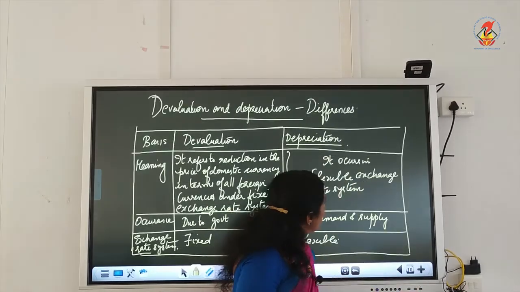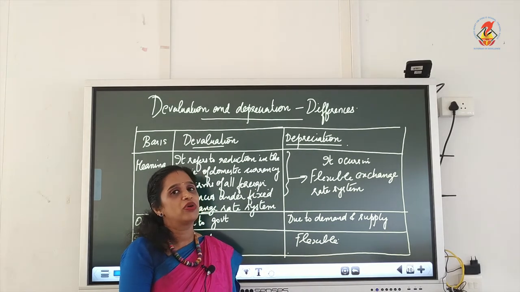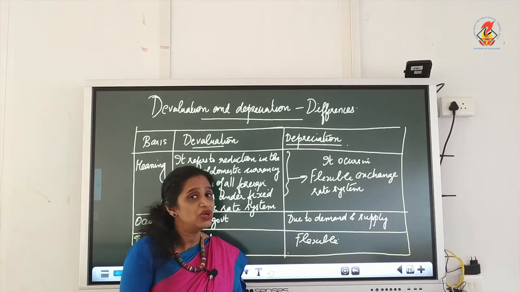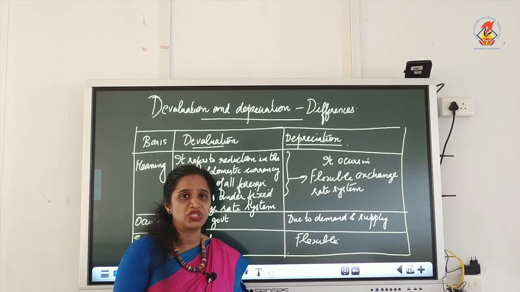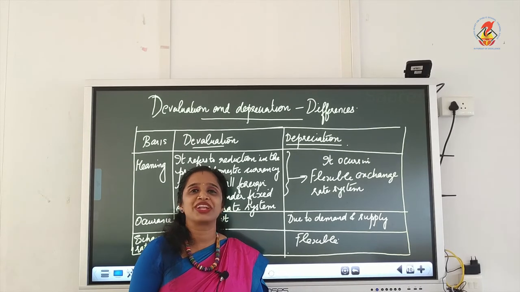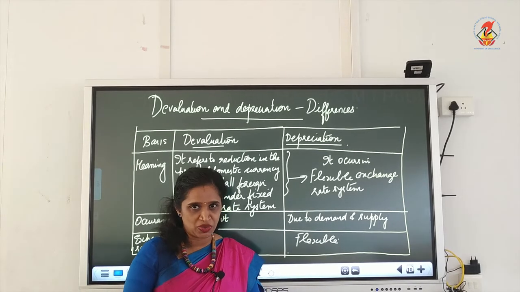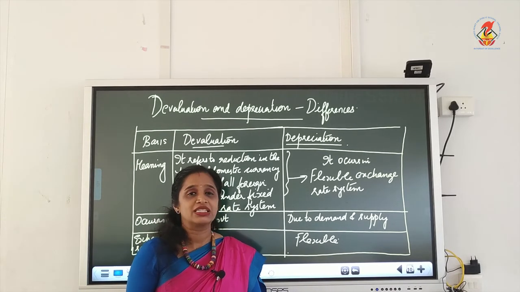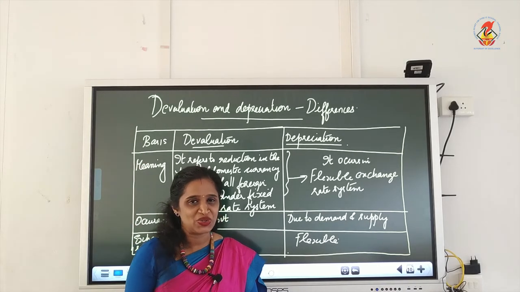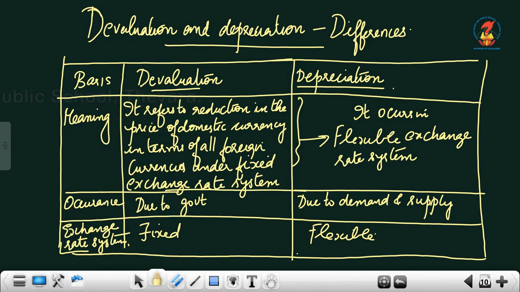Now, we will move on to the last topic of this chapter, devaluation and depreciation. Whenever you learn about depreciation, you need to understand something with regard to devaluation. Now, you very well know what is depreciation. Depreciation is a change that can happen in the rate of exchange due to the change in the forces of demand and supply, as we have learned. But devaluation is a change in the rate of exchange which is fixed by the government. So, it can be related to the fixed exchange rate system. In the beginning of the chapter, I told you what is a fixed exchange rate system. It is a rate of exchange which is determined by the